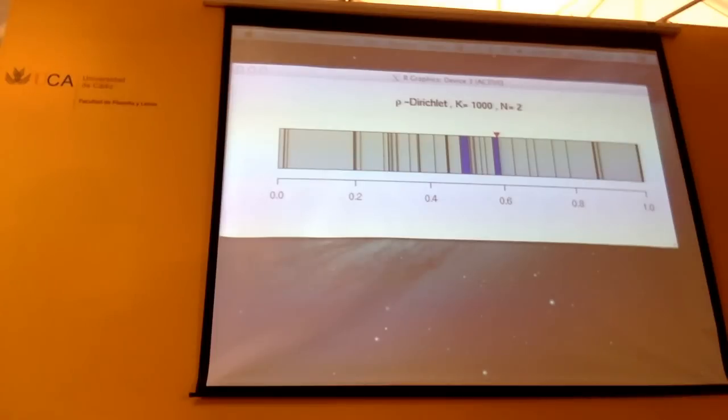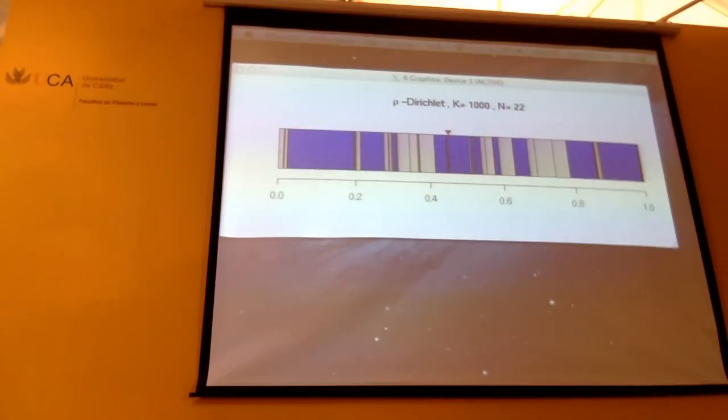Okay, great. So I can keep doing this. I draw a third data point, I draw a fourth data point, I draw a fifth data point. I just keep going on and on. You can see the number of data points I've drawn at the top. So K is the dimension of the Dirichlet distribution, N is the number of data points that I've drawn.